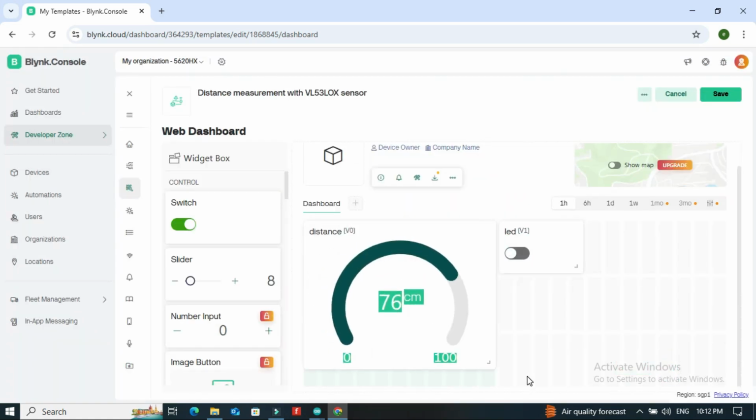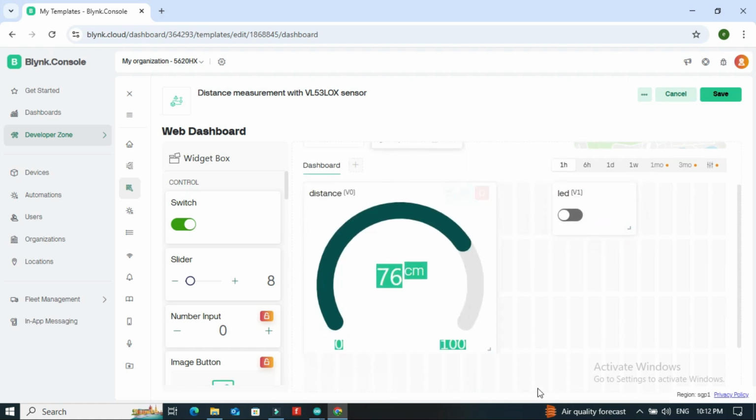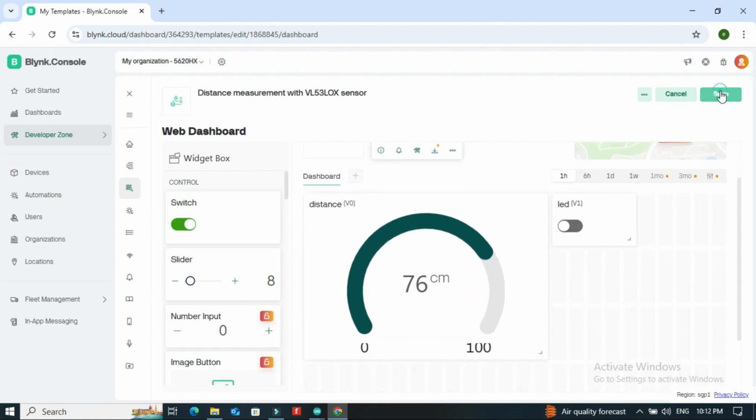Adjust the size of the gauge and switch. Click Save.